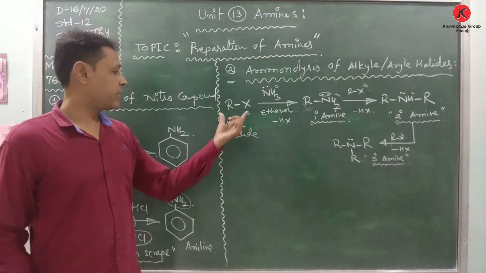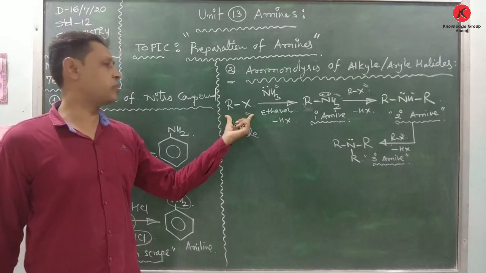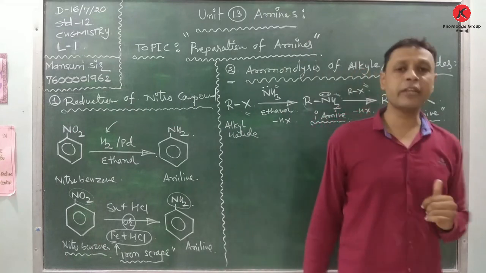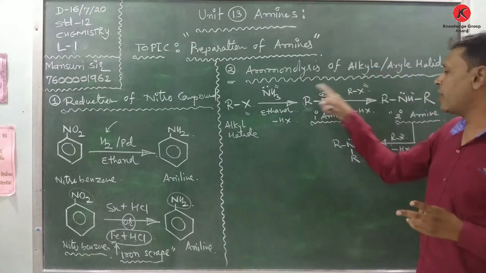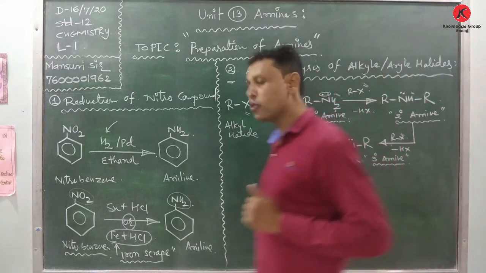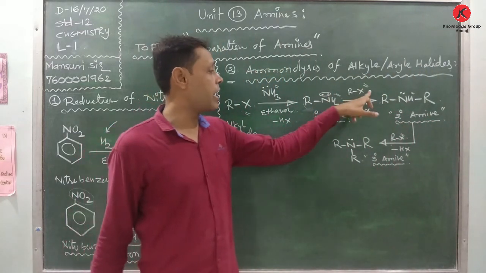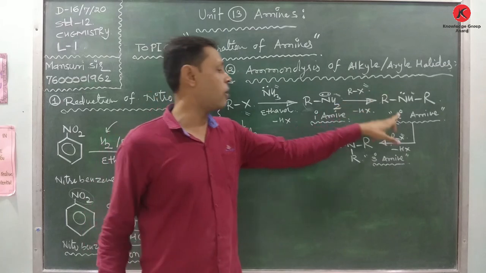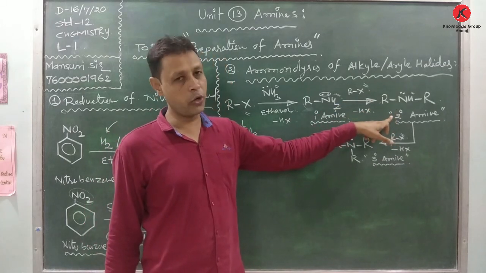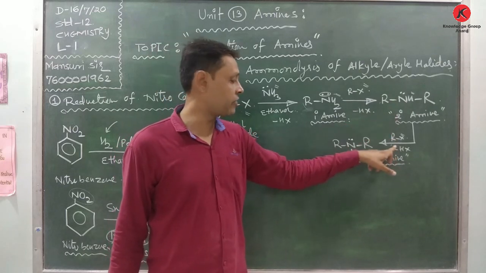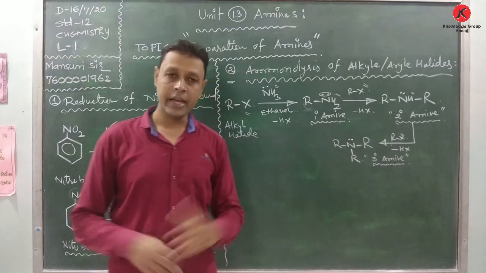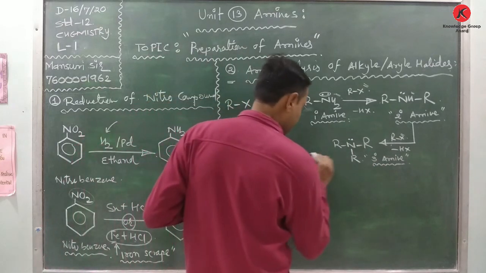So we can say that when alkyl halide reacts with ammonia, ammonia reacts like a nucleophile, that is why 1 degree amine is produced. The 1 degree amine, which is also a nucleophile, reacts with excess alkyl halide and forms secondary amine. Now the secondary amine is also a nucleophile, so it will react with excess alkyl halide and forms 3 degree amine. And thereafter excess amount of